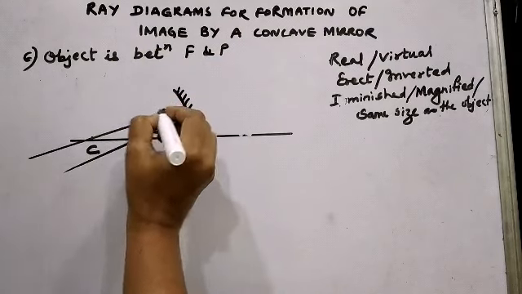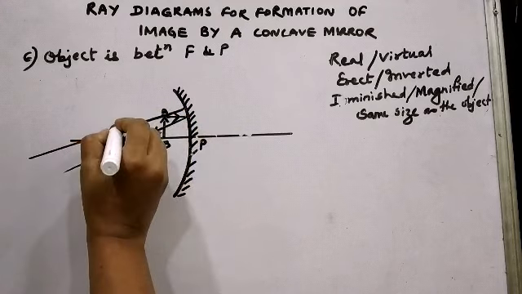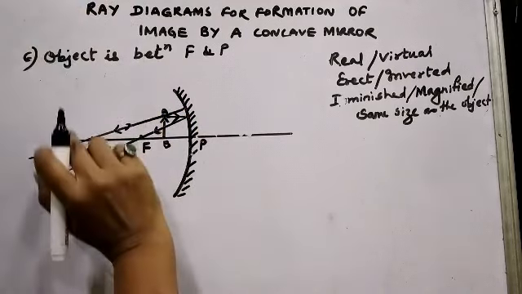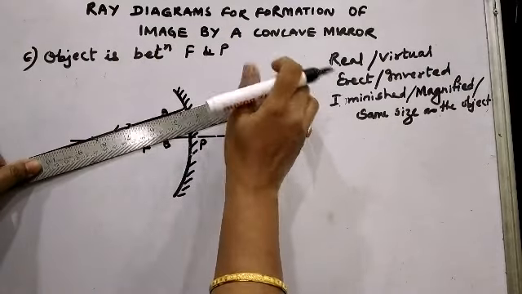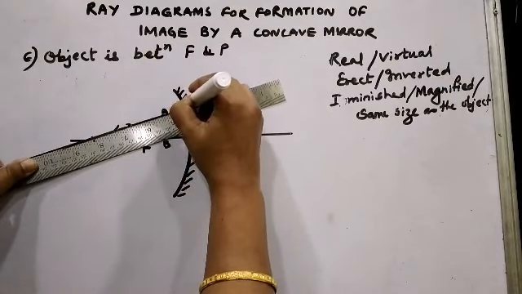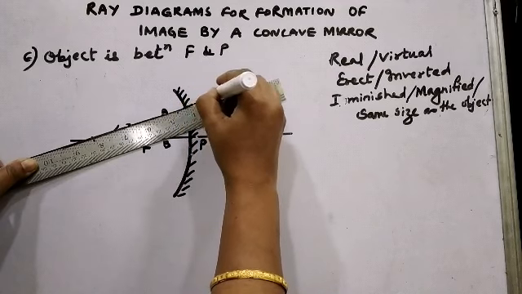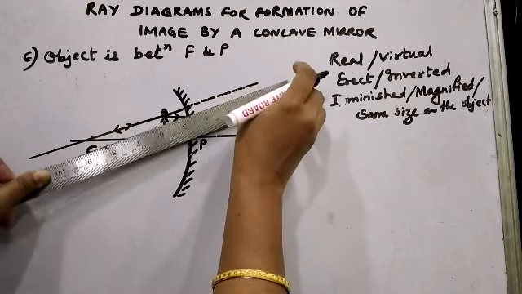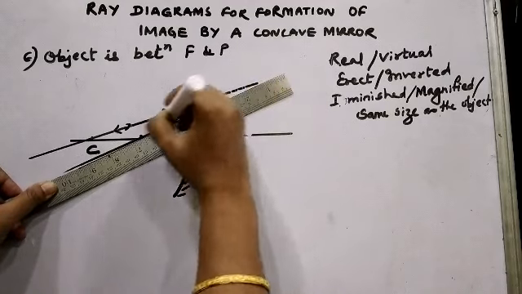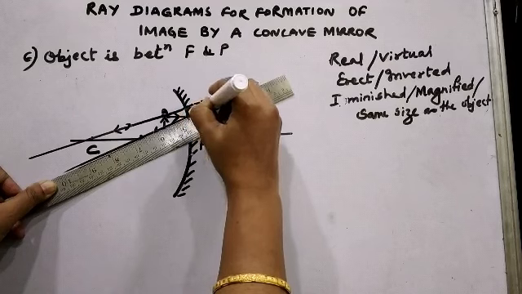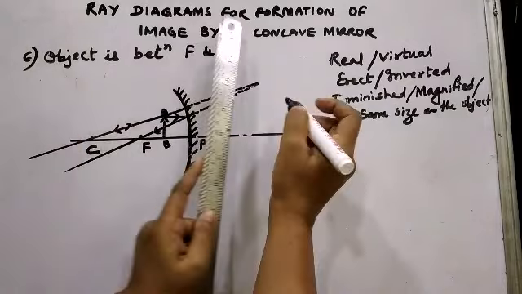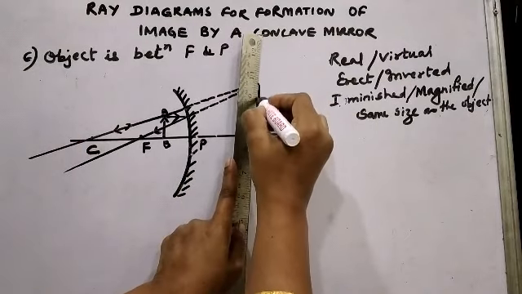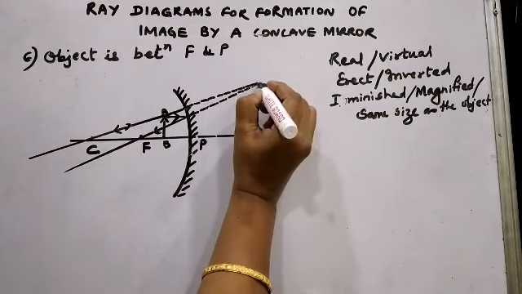So if the incident ray of light is passing through the center of curvature, then it will trace back the same path. Now you see that both the rays are getting diverted. So there is no chance for these two rays of light to meet. But if I am extending the reflected rays behind the mirror, whenever we show extension of the reflected rays, it has to be with dotted lines, which indicates that the image formed is a virtual image. It should be exactly straight line. So if I am extending these rays of light, you will find that the rays of light are meeting behind the mirror. That means this is the place where the image formation has taken place.